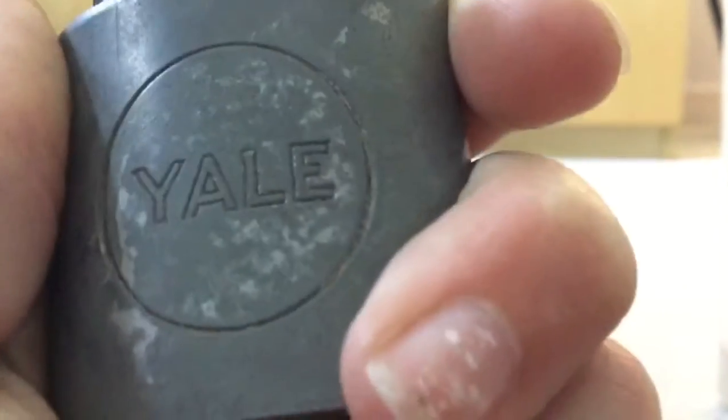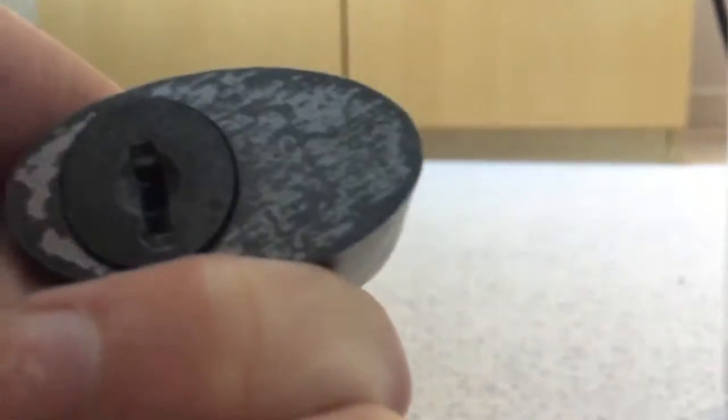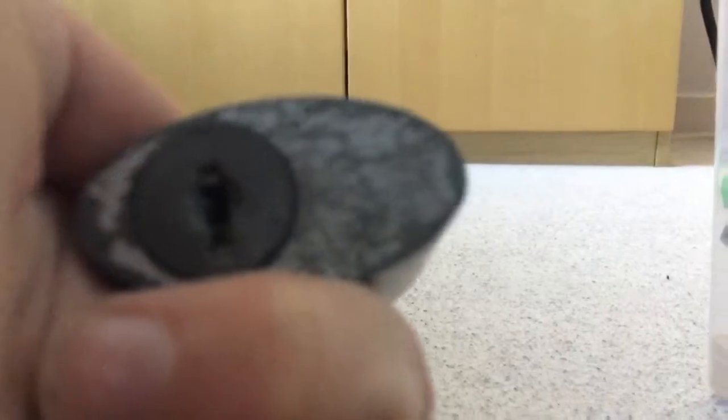You can tell this is an antique Yale padlock because, I think this might be made out of lead, so I'm not sure though. You can tell it's got the old Yale logo. You will not see a lock like this today. I guarantee it looks very different to what's...